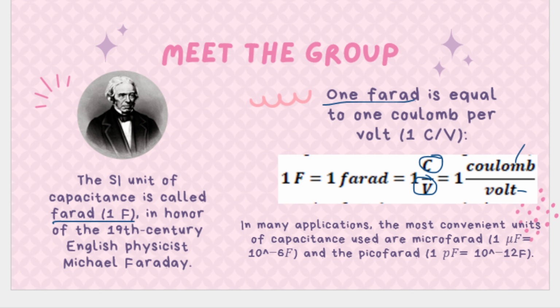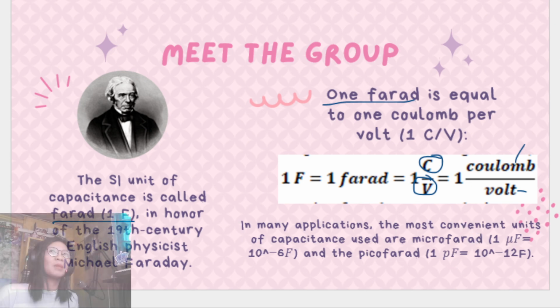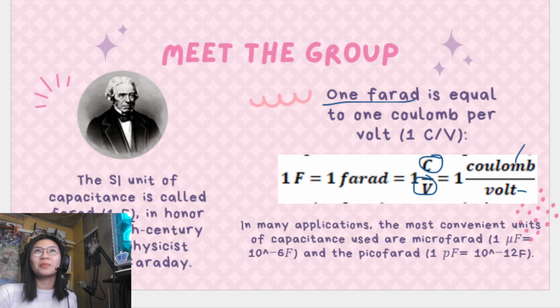Okay, so most of the time in capacitance problems, the most convenient unit for capacitance is the microfarad, because capacitance is really small. Okay, the energy it can provide is small. That is why capacitance is usually in microfarads, picofarads. So you need to look at the units before you start solving so that you don't get confused. Okay? So then,